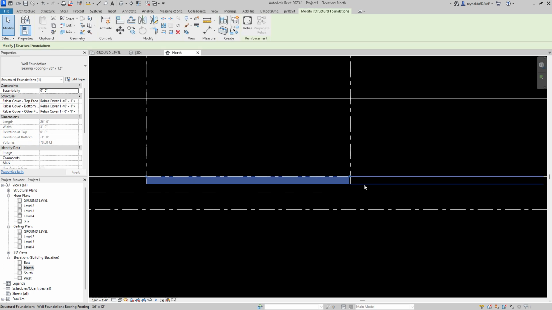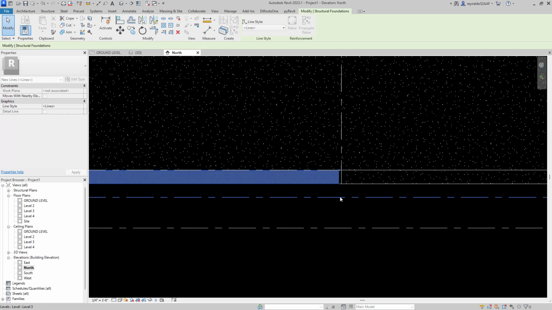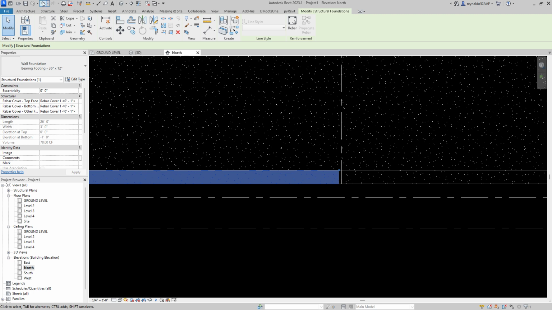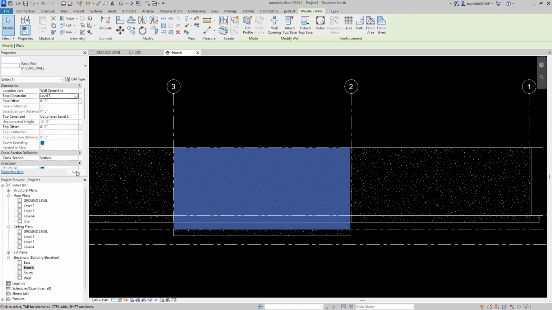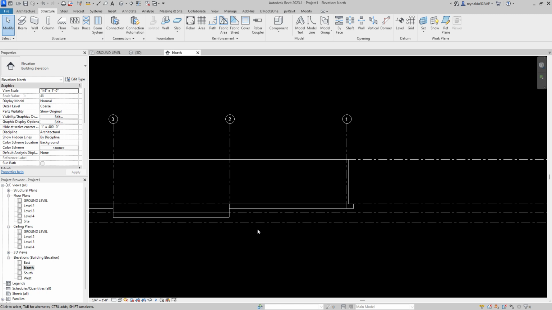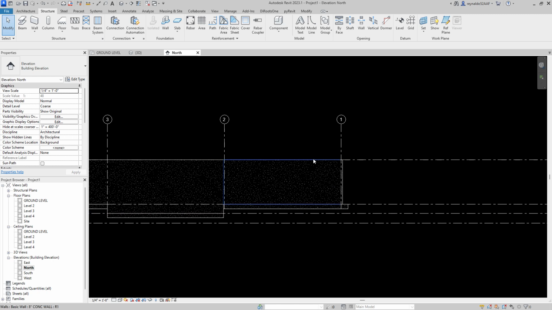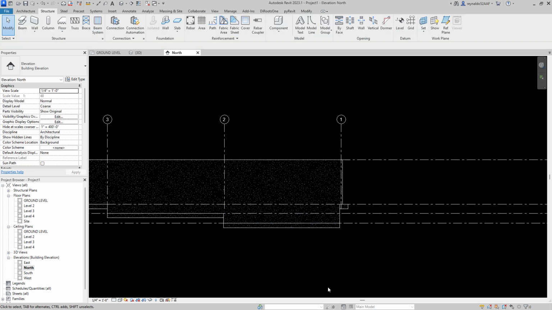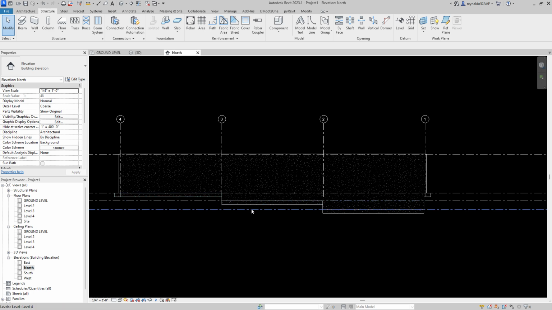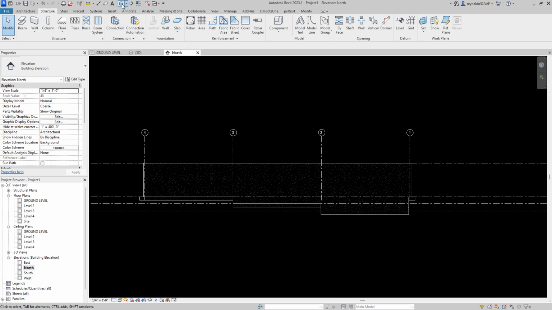Now what you want to do next is start dropping them. So we'll drop this one to this level. Give me 1 second, undo that. You want to click on the wall, and then for the bottom constraint, you want to set it at level 3, apply. And then for this one, just click on it so you can activate it, and then for the bottom constraint, you want to drop it to level 4. There you go. So now we have our step footing, and if we go to 3D view,